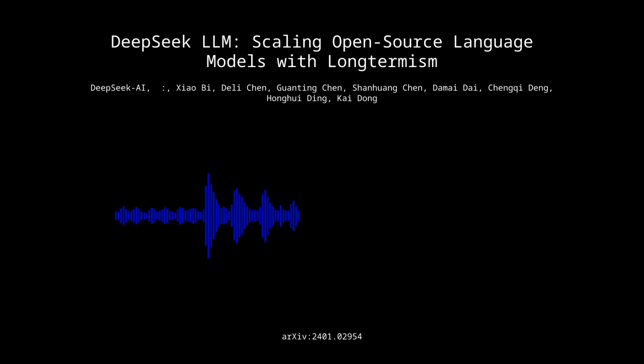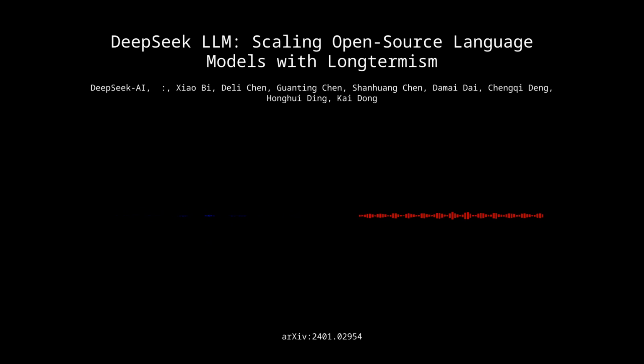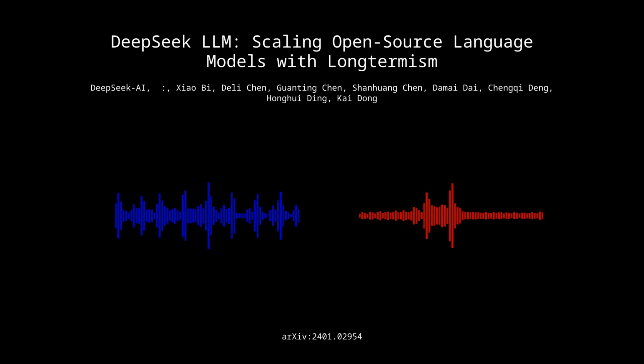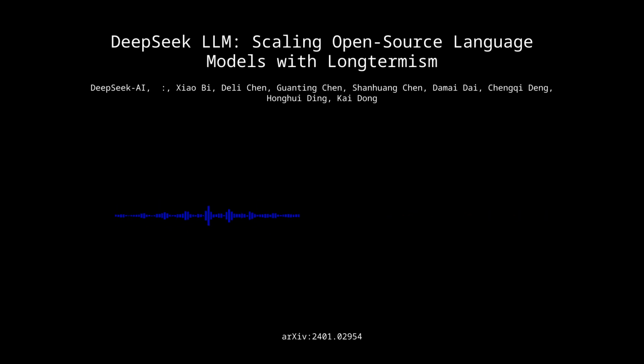So this deep dive into DeepSeek LLM has been incredibly insightful. It has. Their rigorous approach to research, the meticulous analysis, and their commitment to transparency really set a high bar for open source AI development. I agree. Their findings are very valuable. They challenge assumptions and give us new insights into optimal scaling strategies, the role of data quality, and how to align these models for conversation. It's really exciting work, and it underscores the importance of ongoing research and collaboration in this field. We need to keep pushing the boundaries, because this field is moving so fast.